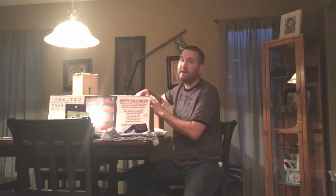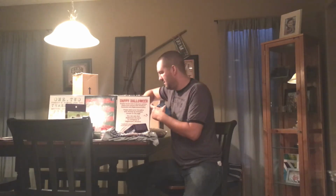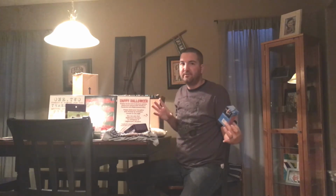Now let's get into lighting. I got red lights. So everything, the whole boiler room, I mean, it's already red, but then I want the lighting to be red too, you know, to really give you that creepy feel like in A Nightmare on Elm Street. So I got these red lights. I got this one on Amazon. What ticks me off though is when I went and got it,